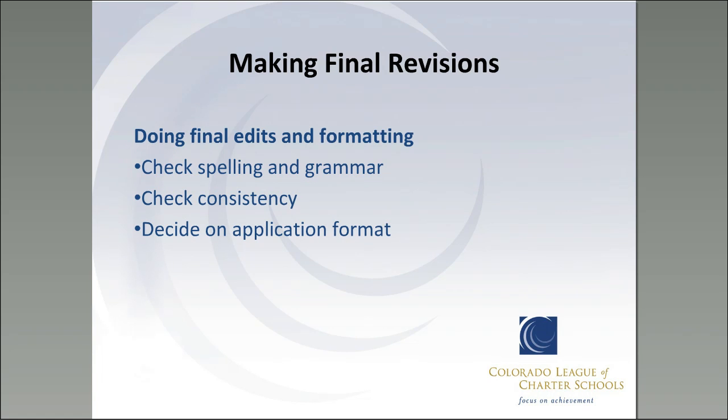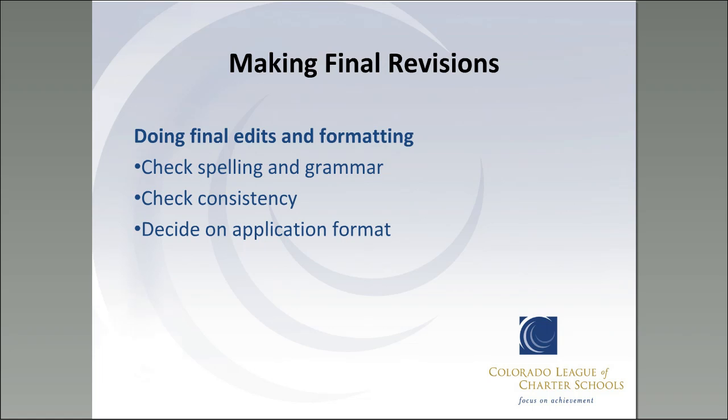Check for spelling and grammar. Like Kathy said, those can be easy things to fix that can make a big impact if they're left in there. Don't rely on spell check, because you may have a word that is spelled different ways, or you may have a word in there that doesn't make sense in your sentence, but spell check did not catch it. So really just read it over and ask for volunteers.